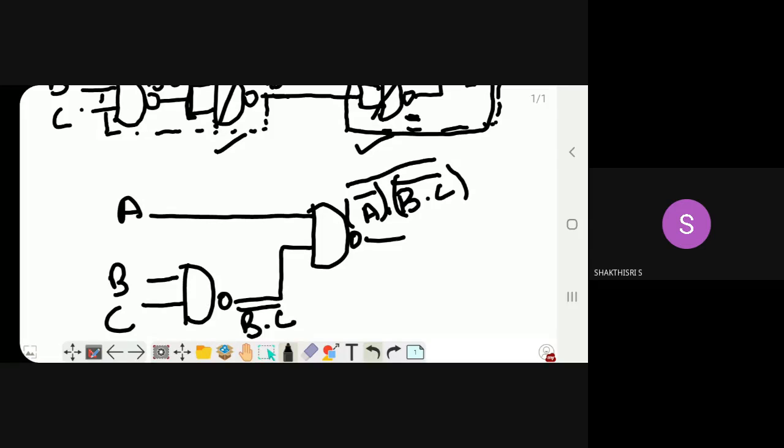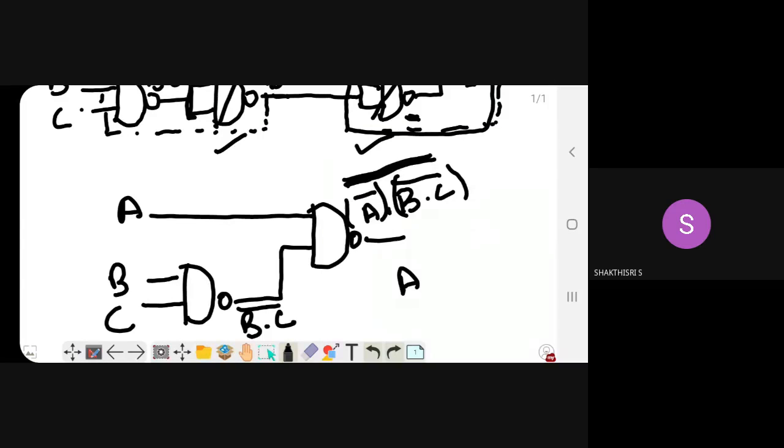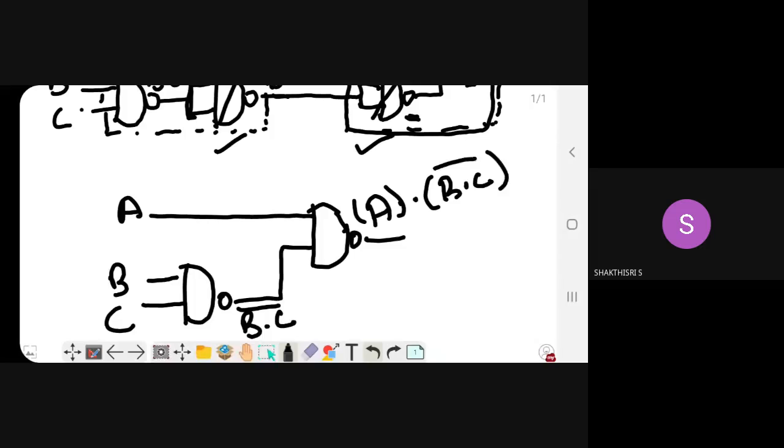If I want to break this bar, I apply De Morgan's law. Then here I will get A dot B dot C, the whole bar. For this NOT gate, I will have the whole bar.